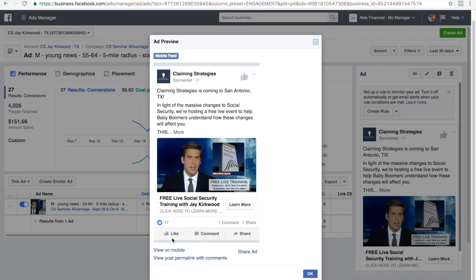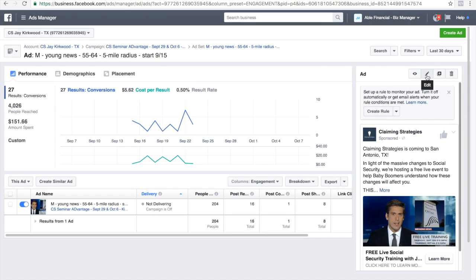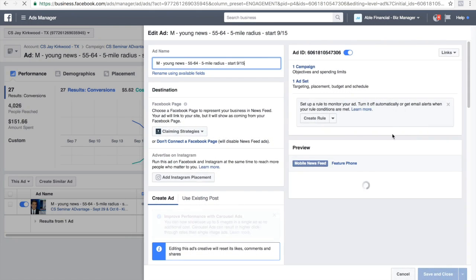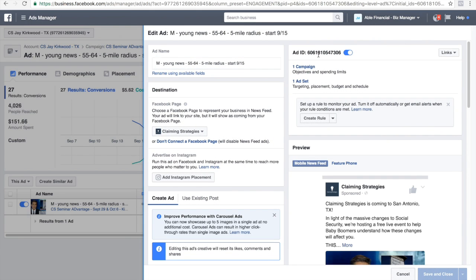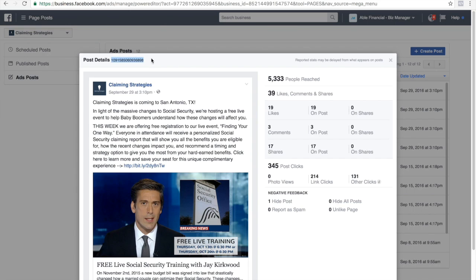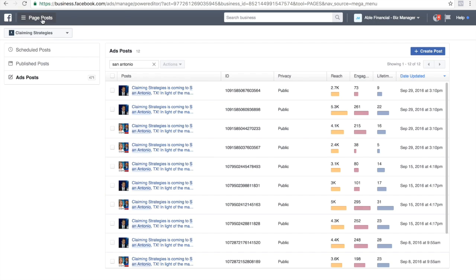This ad has 17 likes or reactions, it has 1 comment and 1 share for a total of 19 different interactions. Now one thing to know is that the ad ID that we're looking to copy is not the one that you're going to see at this level. You can see the ad ID appears right here. Facebook will actually create a post ID based on your ad ID, so this is not the one you want to copy. In order to get the ad ID that you want, you need to go into the Page Post